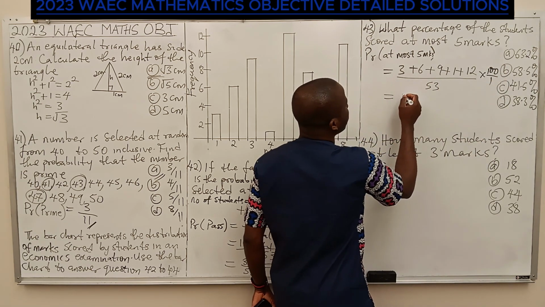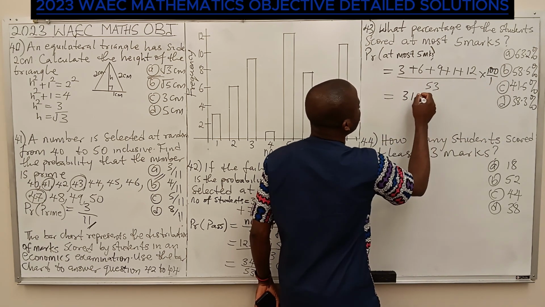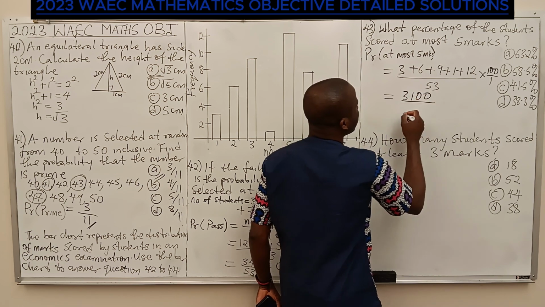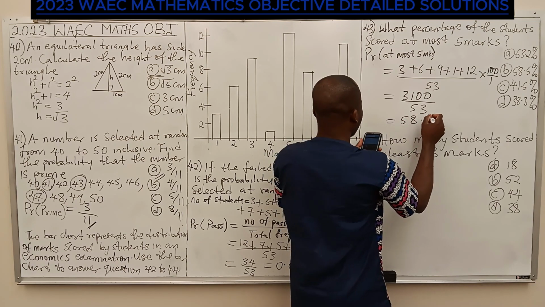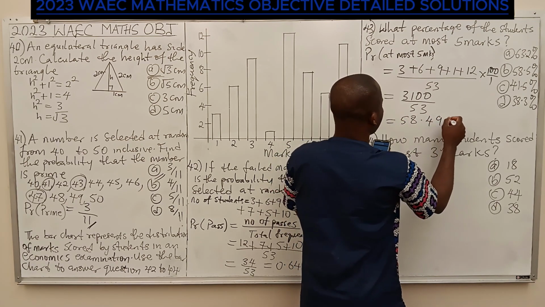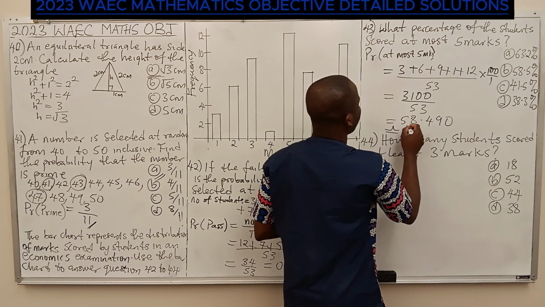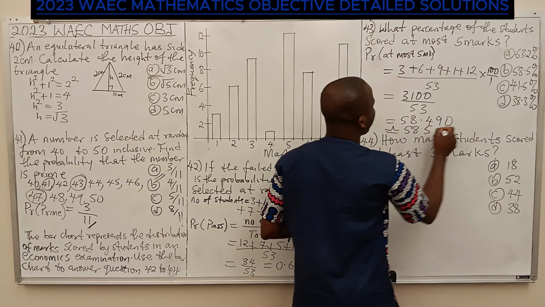So this is 31 times 100 is 3,100 over 53, which is 58.490, approximately 58.5%,